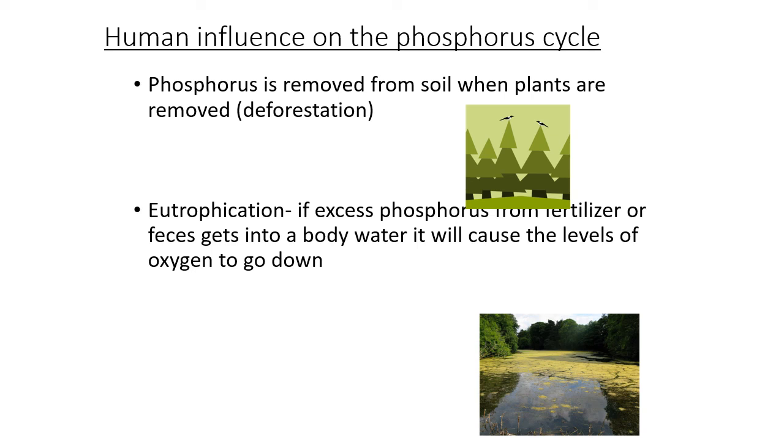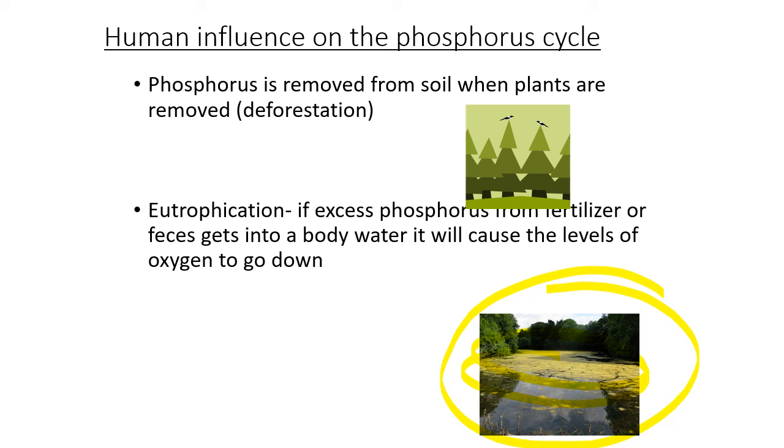So here we see this lovely picture right here. And this is a body of water. And here's the thing with eutrophication. You can see it happening when there's a lot more moss showing up on lakes. Because what ends up happening is the amount of phosphorus or the amount of nitrogen starts showing up, and the algae that lives there starts to bloom.